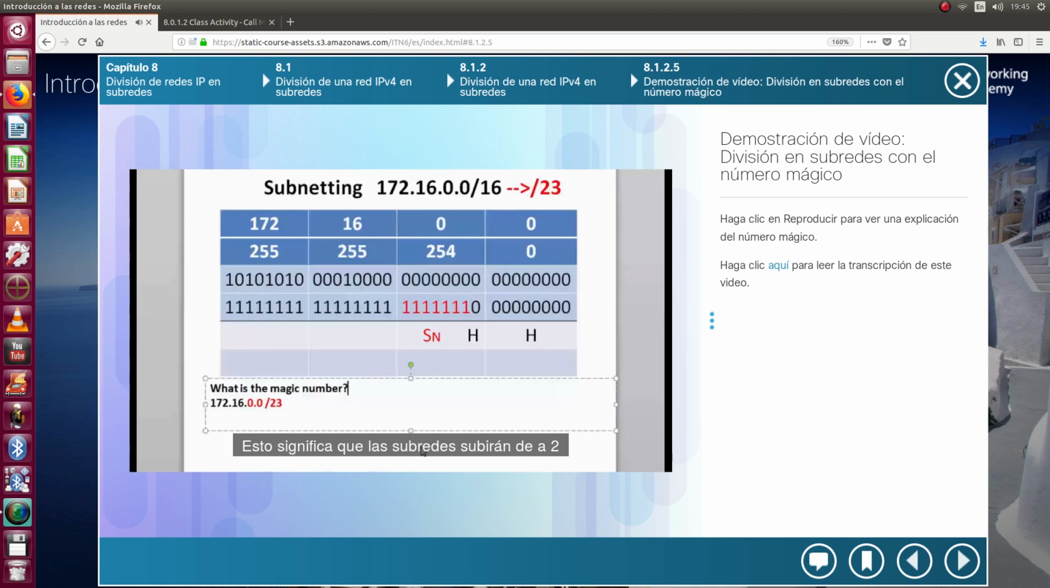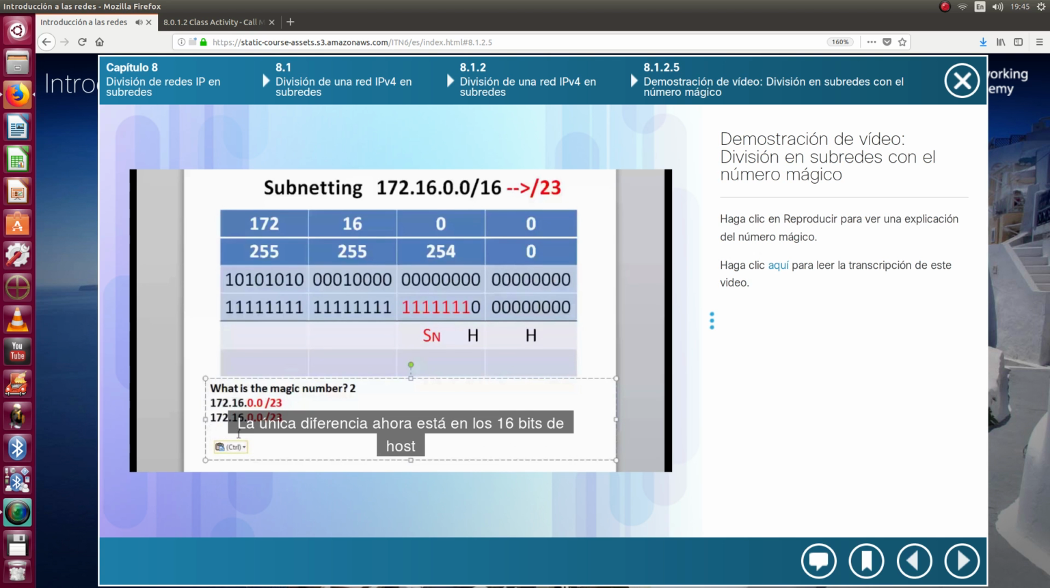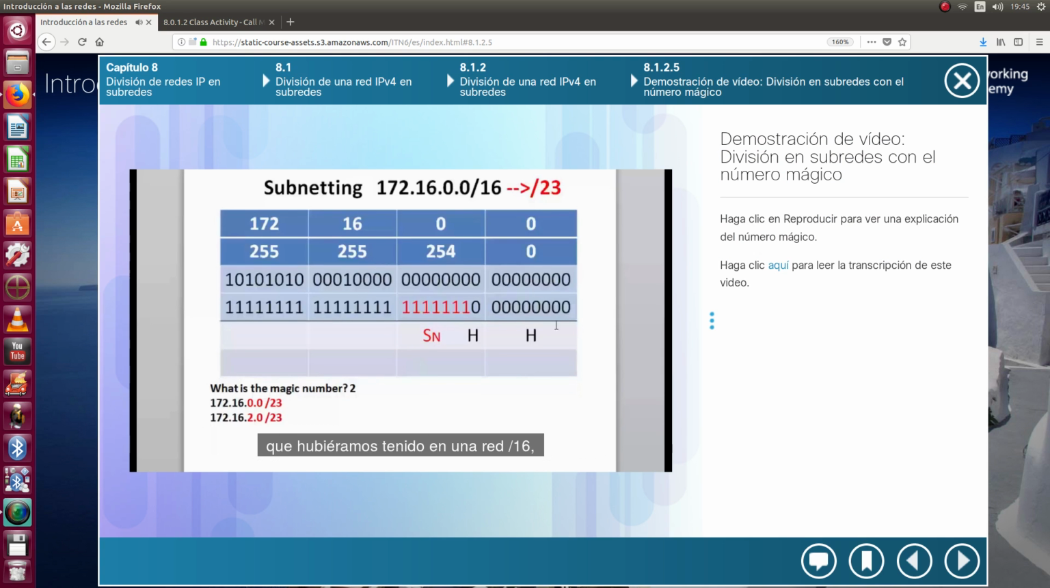So the magic number in this situation is 2. This means that the subnets will go up by 2 in this octet here. In other words, our first subnet will be 172.16.0.0/23, and the next network will be 172.16.2.0/23. The only difference is now, instead of 16 host bits like we would have had in a /16 network,